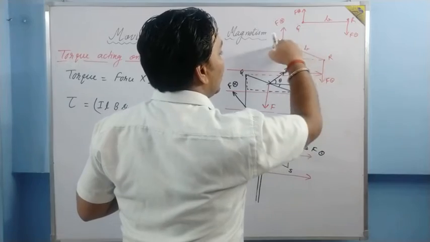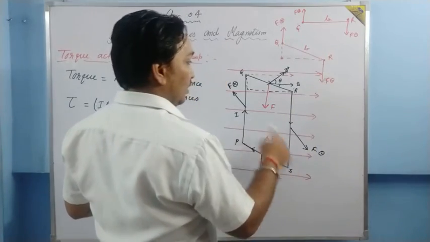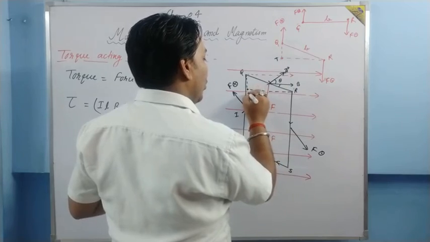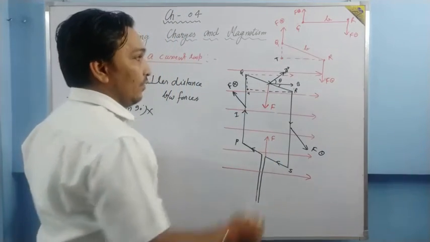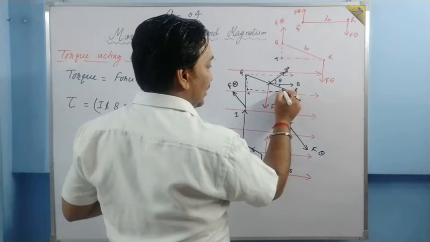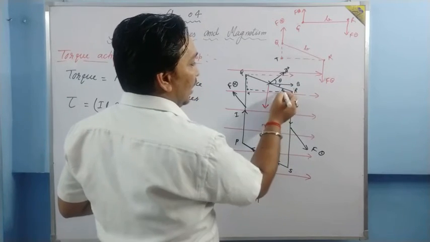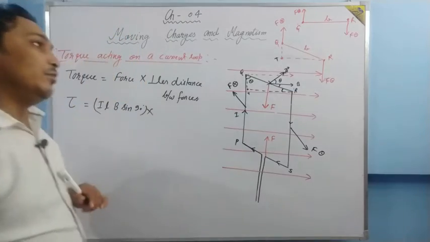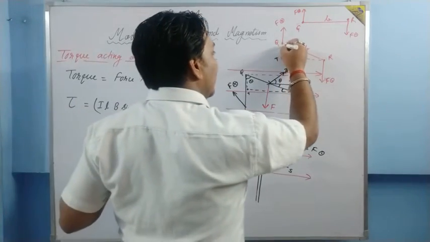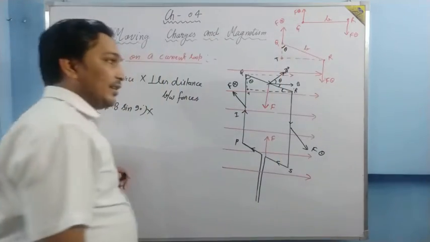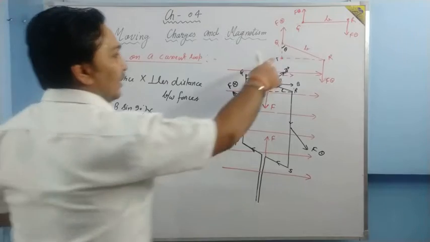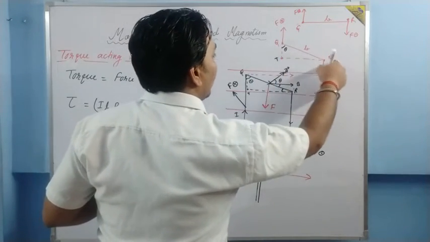if P, Q, R, S, we have written till S, let this point be T. Okay. So if this angle is 90 minus theta, then this angle is also 90 minus theta. And if this is 90 minus theta, then this angle is going to be theta. Remember, theta is the angle between the area vector and the magnetic field. Okay. So if this angle is theta and this side is B, then what is RT?